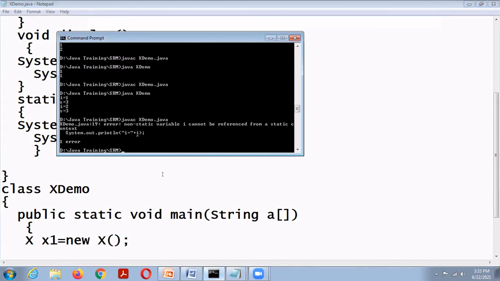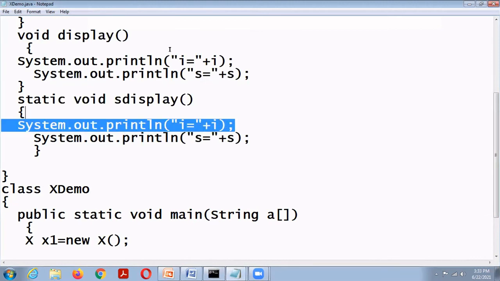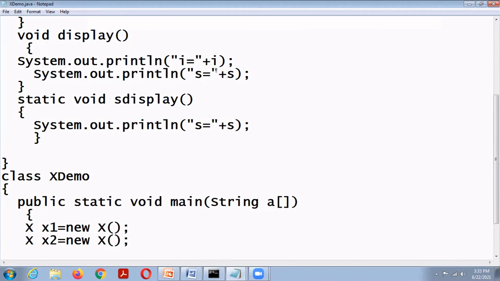Okay, so a non-static variable I cannot be referenced from a static context. Okay, so a static method cannot access the instance variable, but an instance method can access both static and instance variables. Okay, an instance method can access both instance variable and static variable, but a static method can only access static variables. Okay,